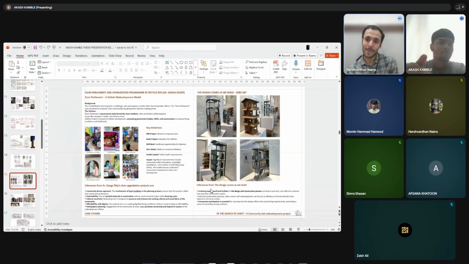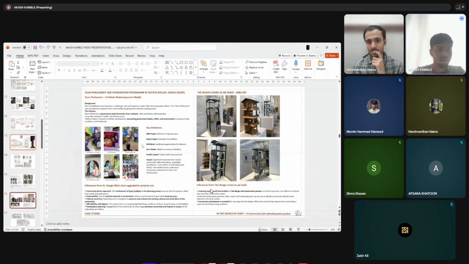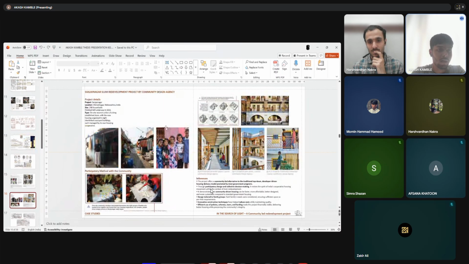So I researched a lot for that, going through Arch Daily and some research papers. Through one of the research papers, I got this case study, the Community Design Agency's Sanjay Nagar slum redevelopment project. This was the case study which I was looking for built form and how they have created their policies, and the other two to three case studies were generally for my three stages: listen, educate,